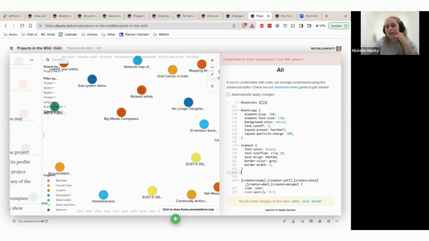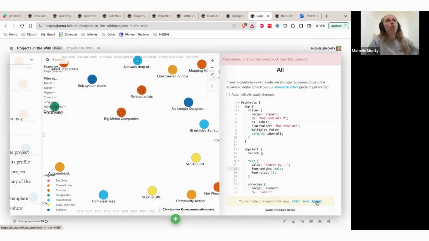Same goes for when I take this one away, when there's no closing bracket. If I click apply, Kumu will say there's an unclosed block here at the top on line 137. Basically, what they mean is the opening bracket is on line 137, but there's no closing bracket, so I'm going to bring it down. And then the last option is where Kumu doesn't understand your code at all, and it